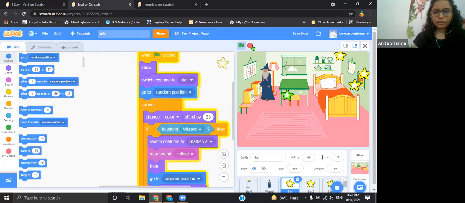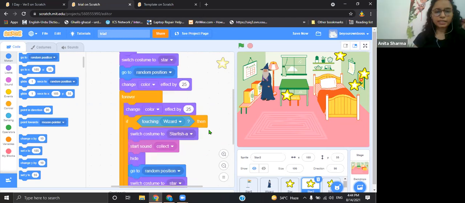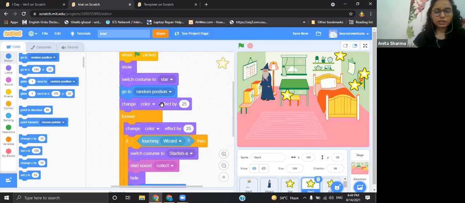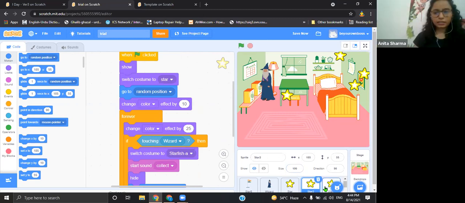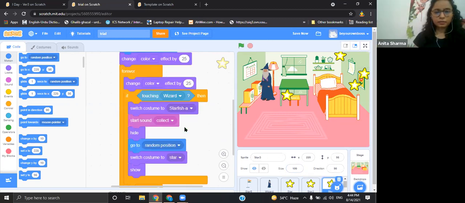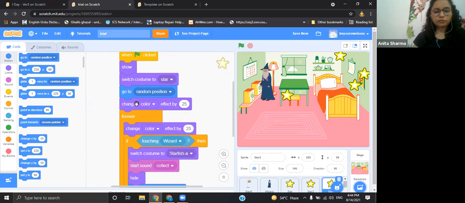Now let's go back to the other star. This is the only thing we are going to change. Rest everything will be same. Here change color effect by 25. So let's make it 10, right? And in the next star, the initial block, which is not inside forever, we are going to change the value for that block.